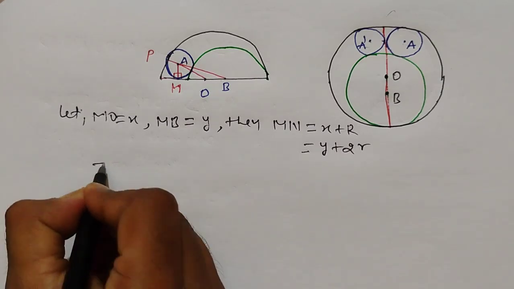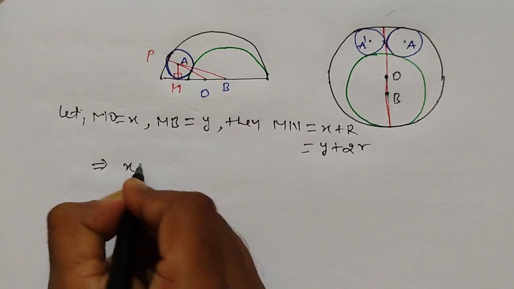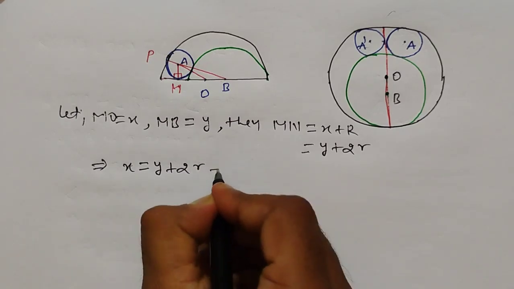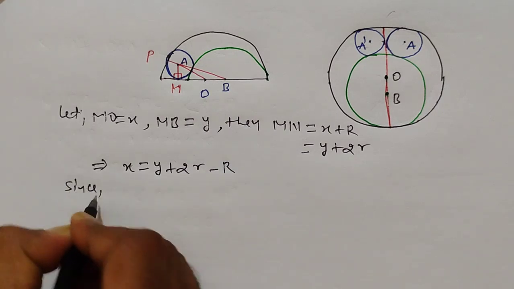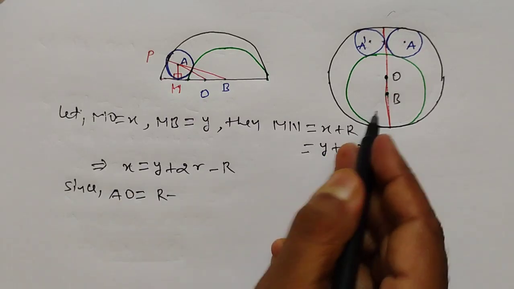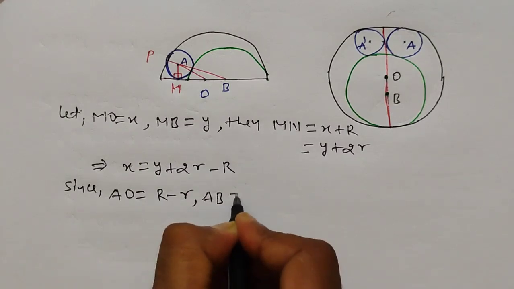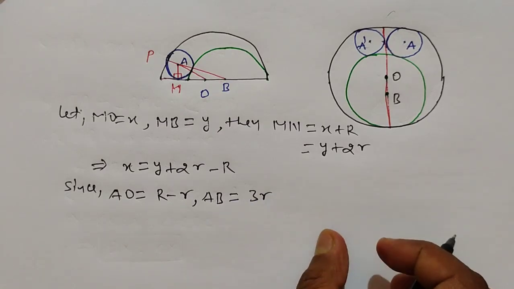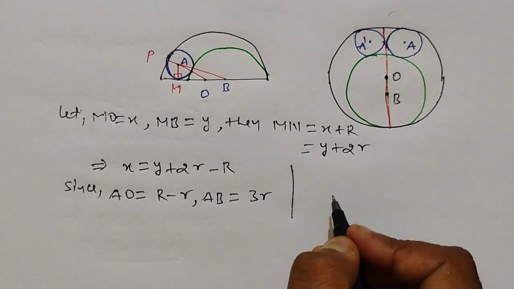And we can simply see that x is equal to y plus twice of r minus R, and here since AO is equal to R minus r and also AB is equal to 3r,